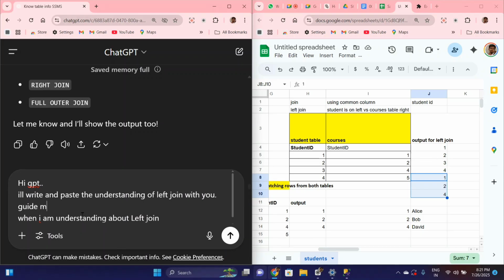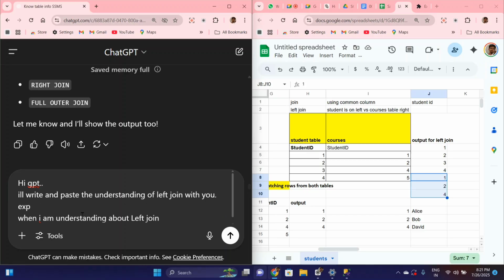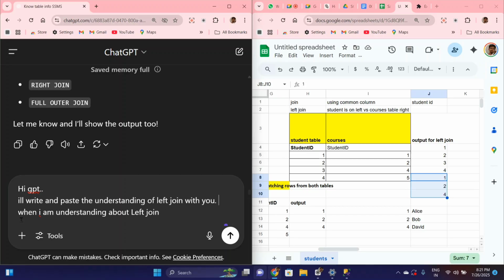Guide me, explain to me. Okay, when I'm understanding about left join,